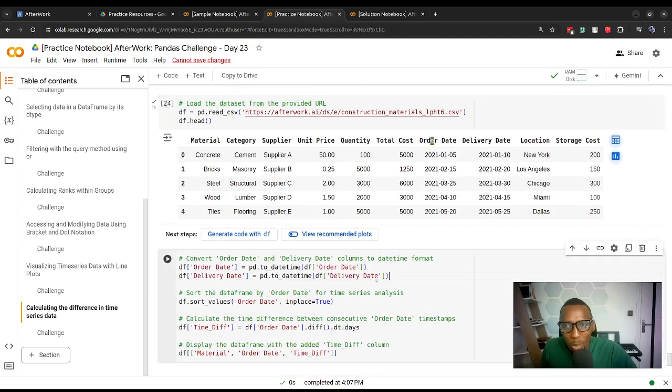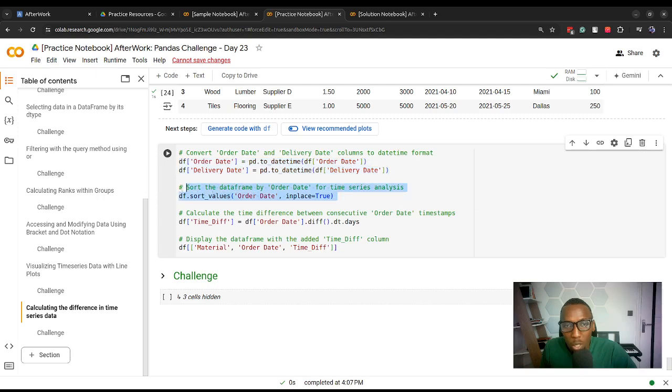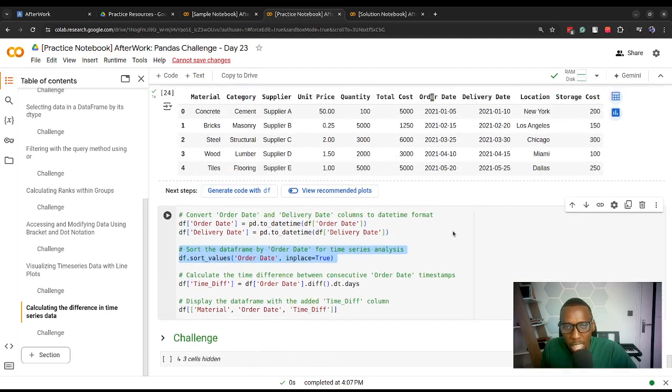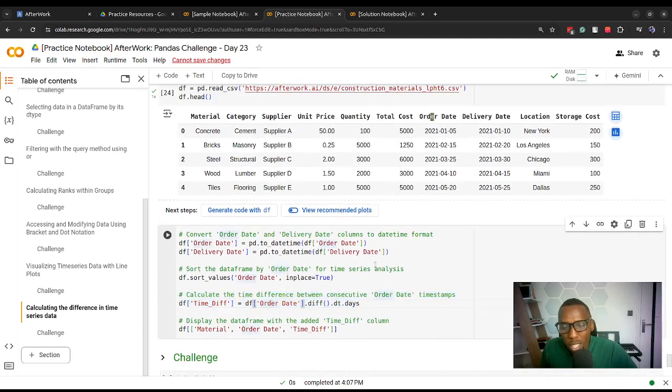Then we can first of all convert those two date columns to a datetime format. After that, we can sort those values, as for most time series analysis, and then calculate the time difference, where we could still use the subtraction operator, delivery date minus order date, but at the same time we can also calculate the time difference using some built-in functionalities, such as using the diff function